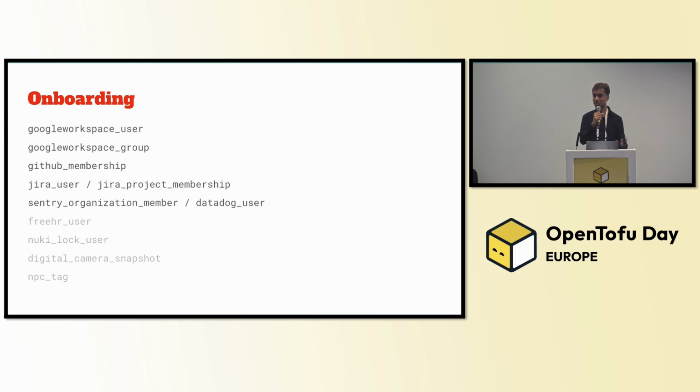The scaffolding project to create a Terraform plugin is very easy to use, and so if you have a service that doesn't even have a provider, I would definitely consider implementing one. Imagine just creating a tofu module or a CDK construct with all of these set up for each employee you hire: a digital camera snapshot and an NFC tag. You set them down in front of a camera, put their smartphone on an NFC reader and hit tofu apply,